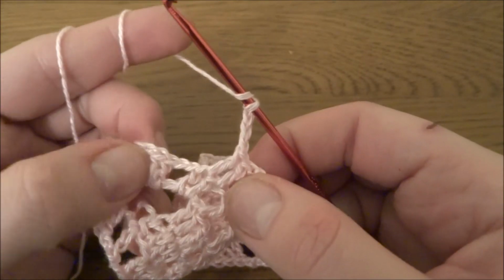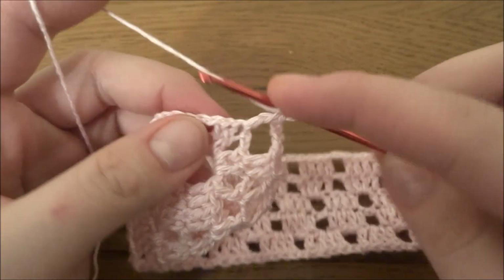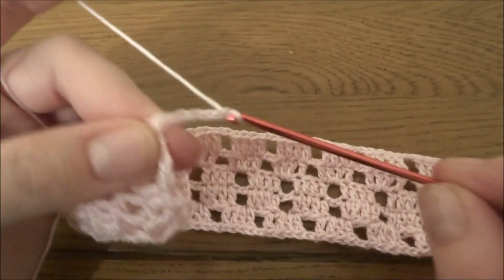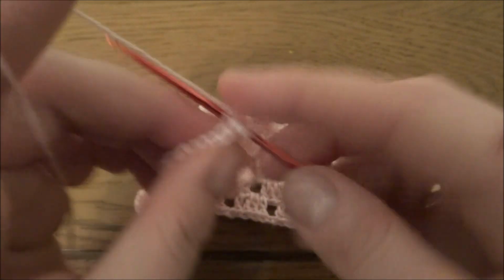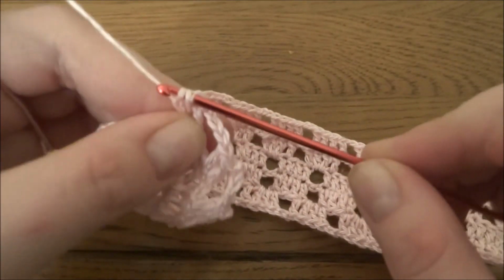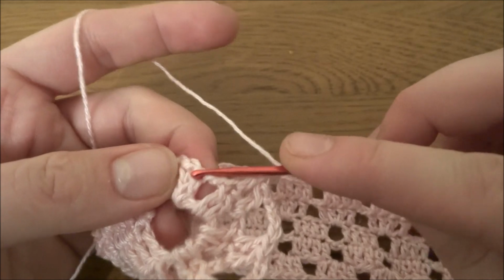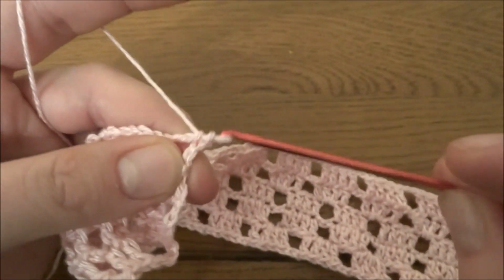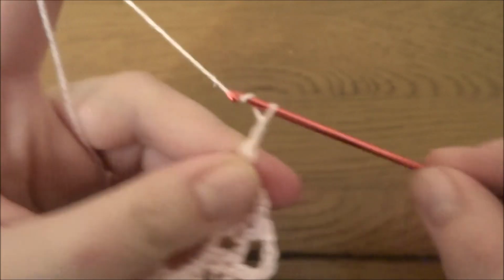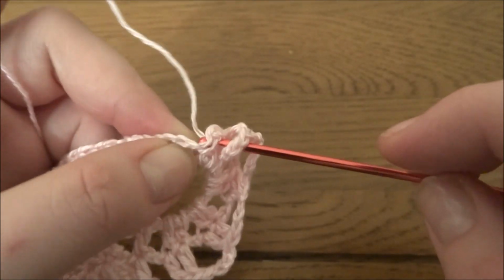We are going to the next 2 double crochets and we will work 1 double crochet in each stitch, so 1 and 2, chain of 4 again, 1 double crochet into the next 2 stitches, 1 and 2, then chain of 4, another 2 double crochets into the next 2 stitches, so 1 double crochet in each stitch, 1 and 2, chain of 4, and another 2 double crochets into the next 2 stitches, so